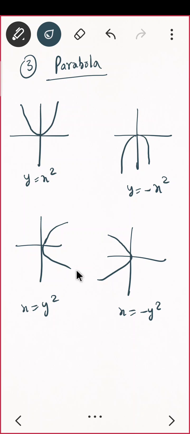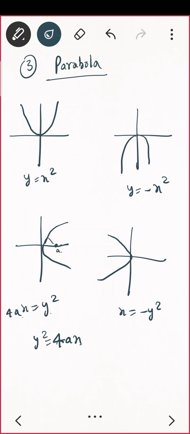I think in the FYBSc I have discussed this thing, if you remember. So actually in general they used to write y square equal to 4ax, where a is the focus. What do you mean by focus? If you insert so many rays, they will intersect at this point, that's why they call this the focus.